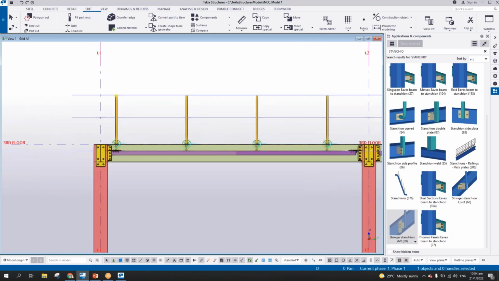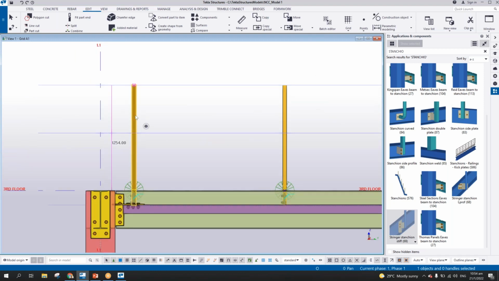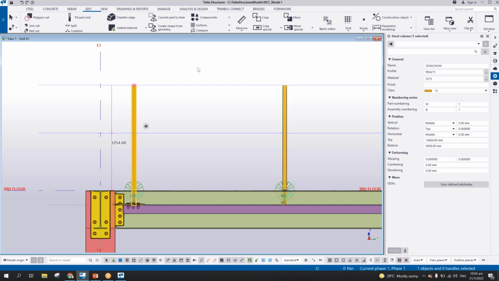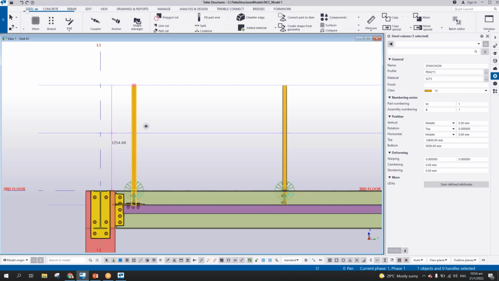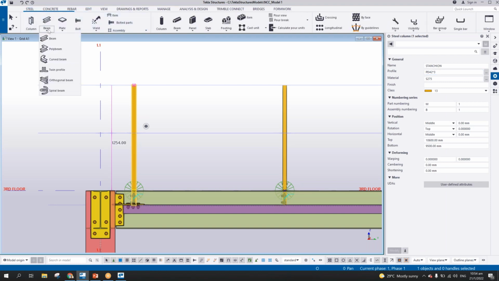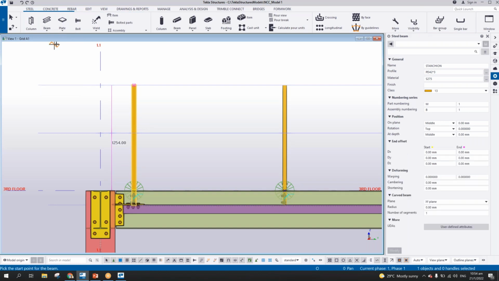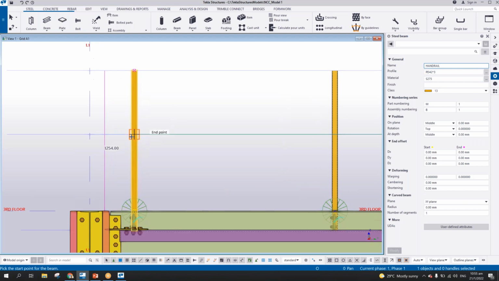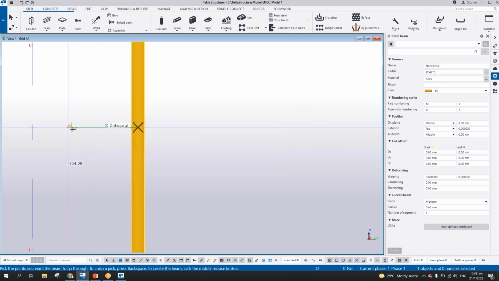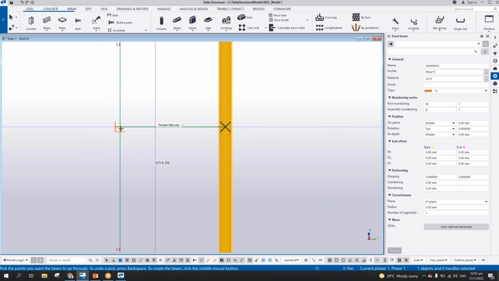Okay, so the top rail. I can still use my steel beam here, but this time I'm going to use the poly beam. All right, poly beam, and then I'll type here top rail, or I can type here handrail. Handrail. All right. So same size. So what I will do is this. So pick this one, 1, and then 2. All right, 2,